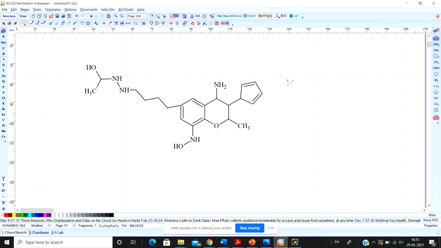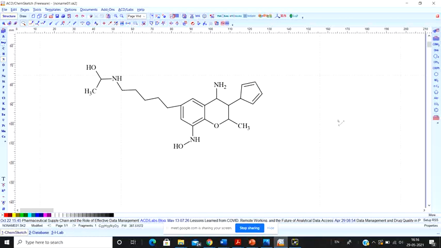This is lead optimization. Okay, this is one of the optimizations that I have shown you, but there are multiple optimization procedures. You might need to increase the hydrogen bonding capacity. You might need to increase or decrease the toxicity. Okay, so for that you need to modify the structure.